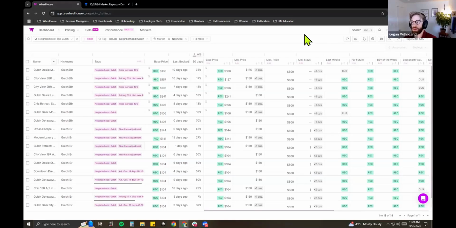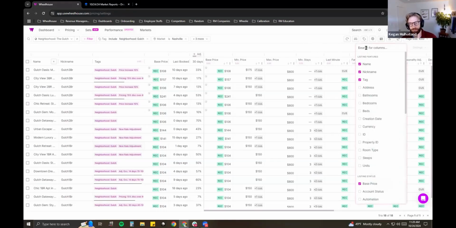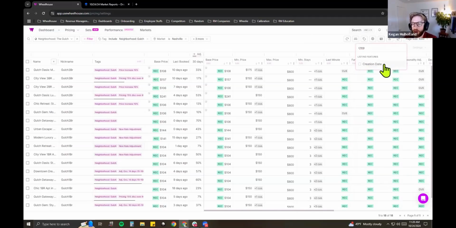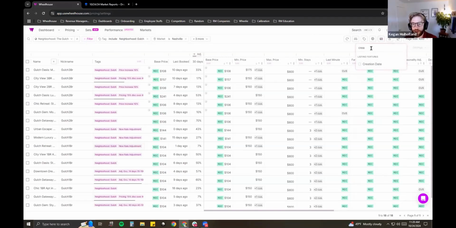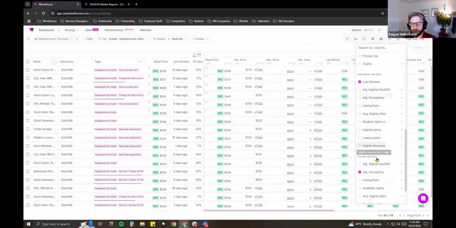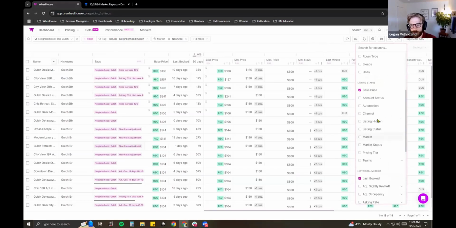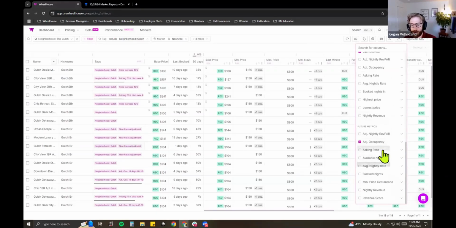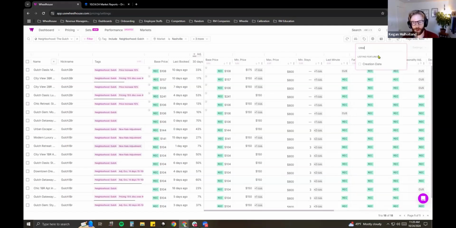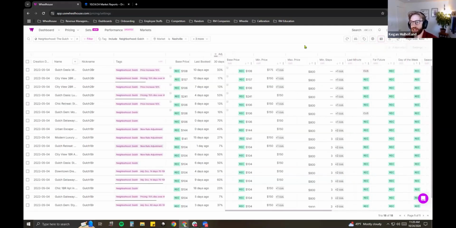Yes, so we're almost there. We have a column for creation date, but not a filter. I'll take a step back. We have filters on the left side and columns on the right side. Columns are almost the same breakout as the filters. You'll notice there are 4 sections: listing features, status, historical, and future metrics. We have a creation column, but I'd say yes, we want to add that as a filter, because you've brought up a really good idea for a segment.